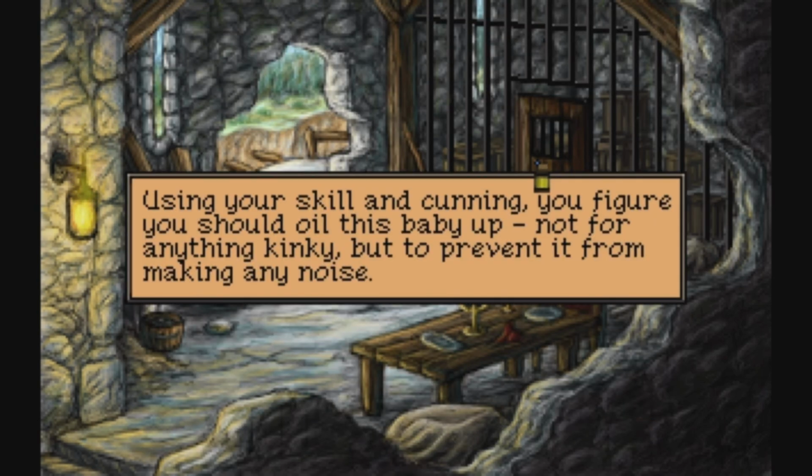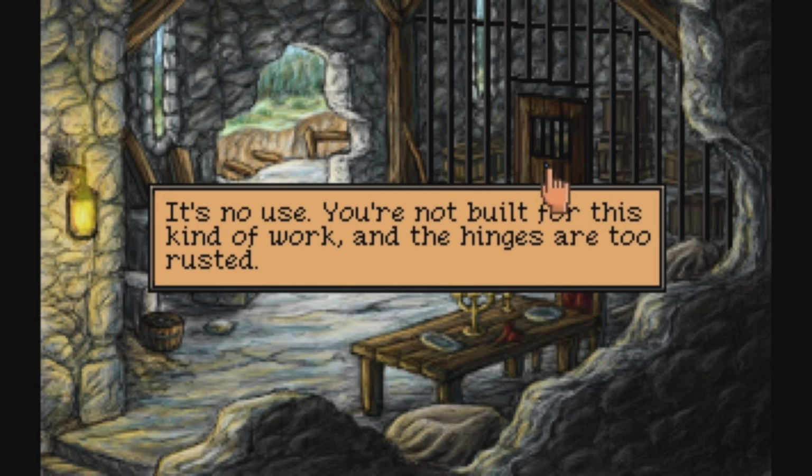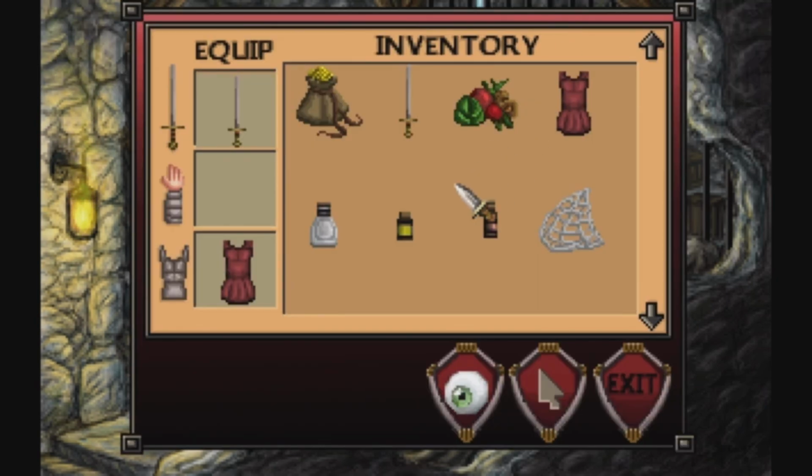Using your skill and cunning, you figure you should oil this baby up. Not for anything kinky, but to prevent it from making any noise. It's no use. You're not built for this kind of work, and the hinges are too rusted. Oh. But then I oiled it anyway. Did I lose my oil? This small bottle of oil...